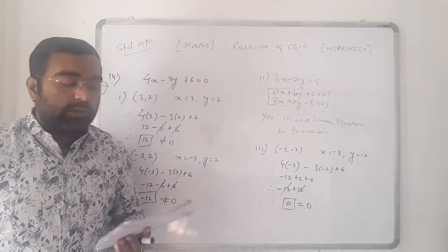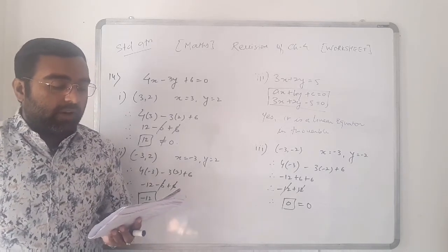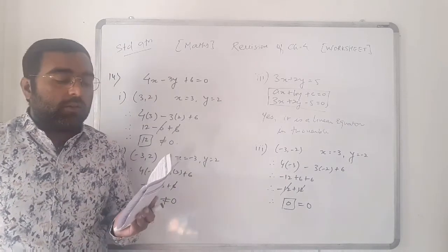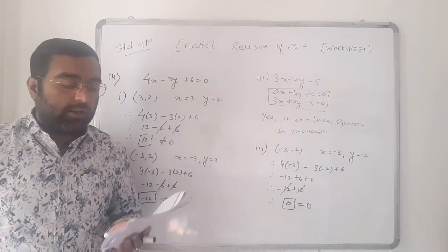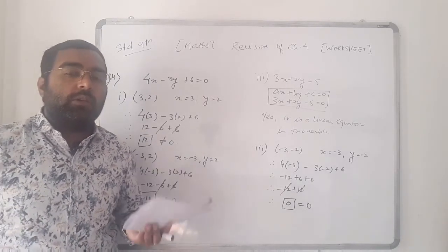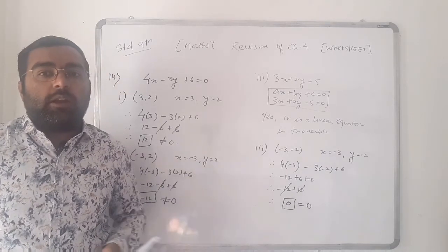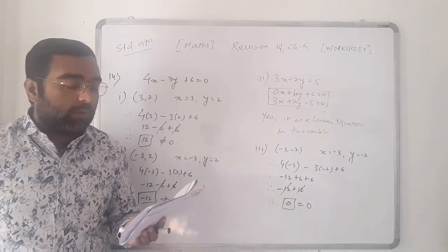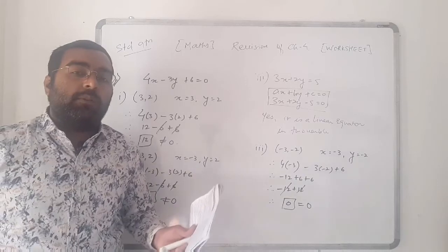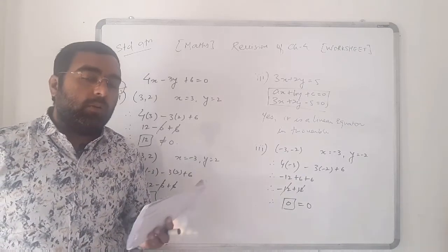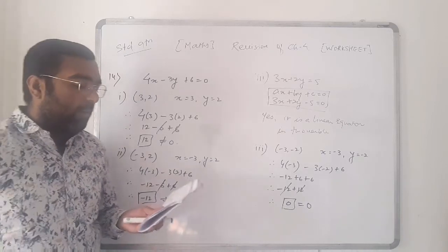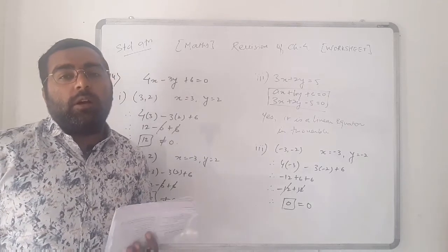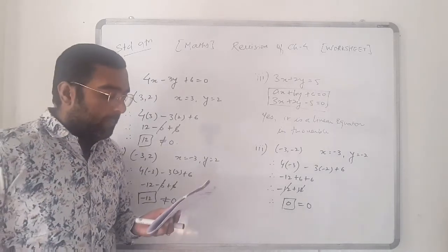Now question number 18. How many solutions can the equation 5x plus 2y equal to 7 have? Again the same question is repeated here. Only one equation is given, 5x plus 2y equal to 7. Here we take values of x, like 1, 2, 3, 4, and a value of y occurs for each. So again we find infinitely many solutions for only one equation. So the equation 5x plus 2y equal to 7 can have infinitely many solutions.